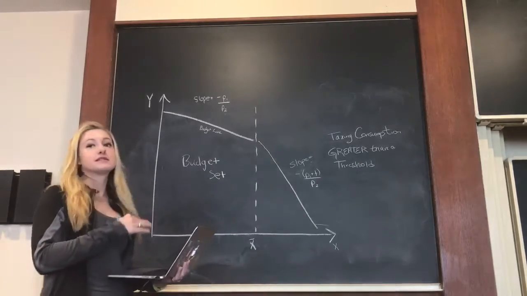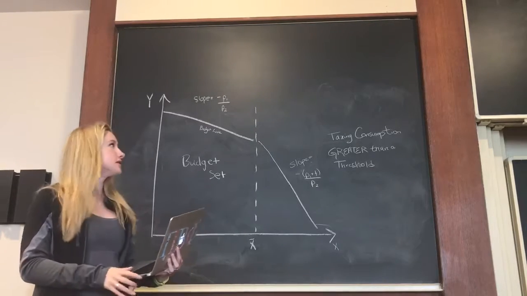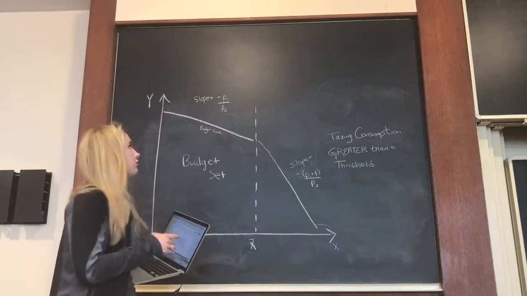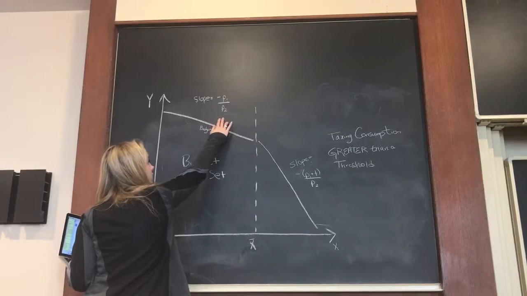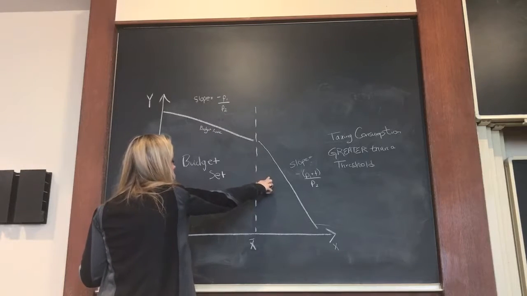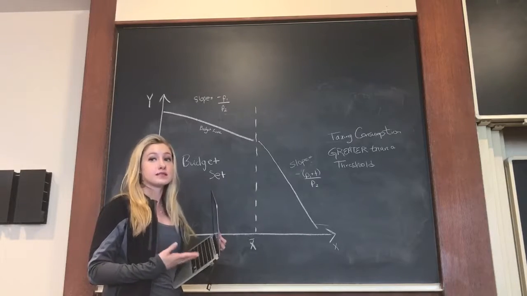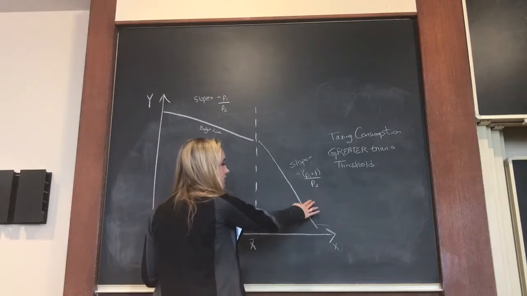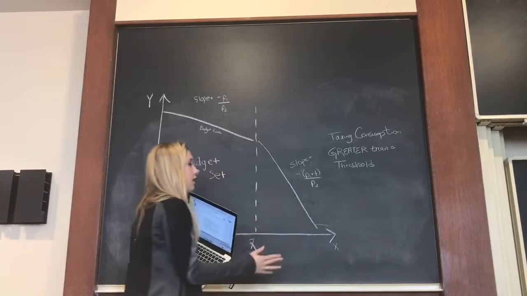The way that we can distinguish the difference between the consumption on either side of the threshold is the difference in slope. The slope to the left of the threshold is represented by this equation here, which is negative P1 over P2. But when the consumer consumes to a certain point, which the government or whatever organization can decide, then the slope is represented by the added tax onto the numerator of the slope, making it decrease faster and